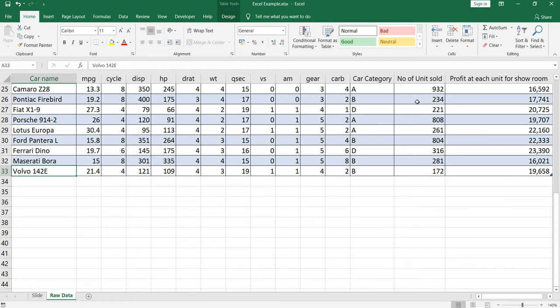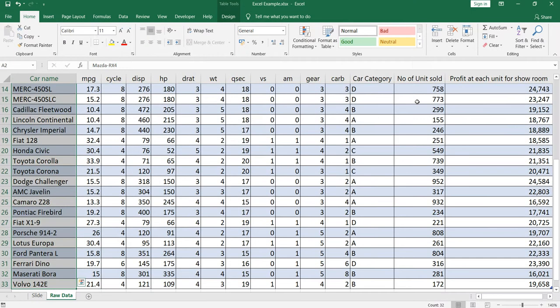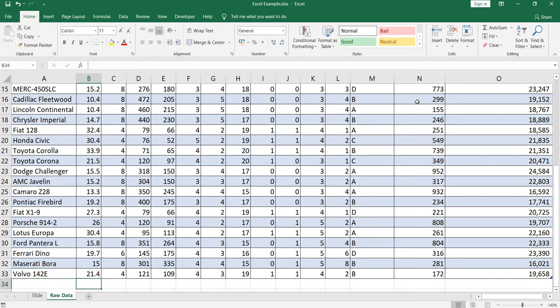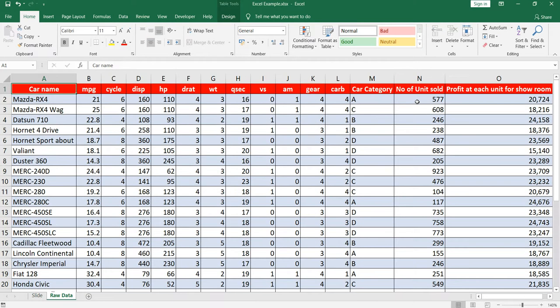The second possibility is that we assume we had the list of all the cars in the world, and now we won't be able to get any other record in this range. So going forward, we won't have any data in row 34. So there are two possibilities, right? The first one, that the records can increase, and we can have data in row number 34. The second possibility is that we won't have data in row number 34. Before creating the pivot table, I have to think about these two categories.